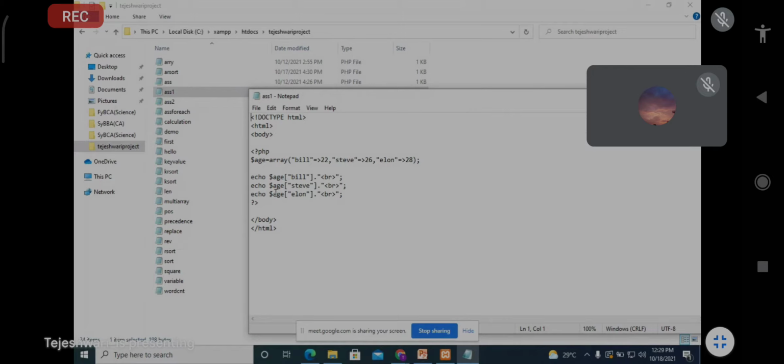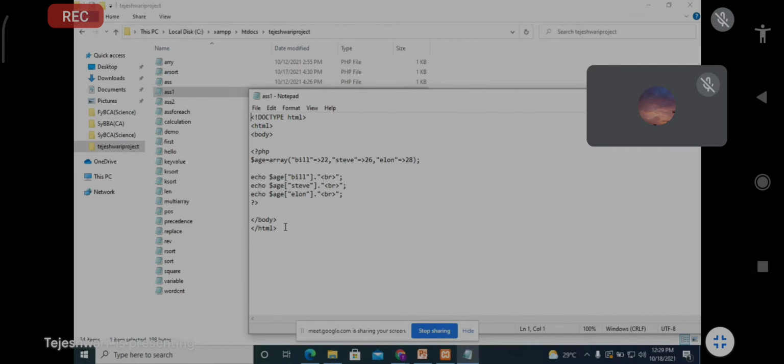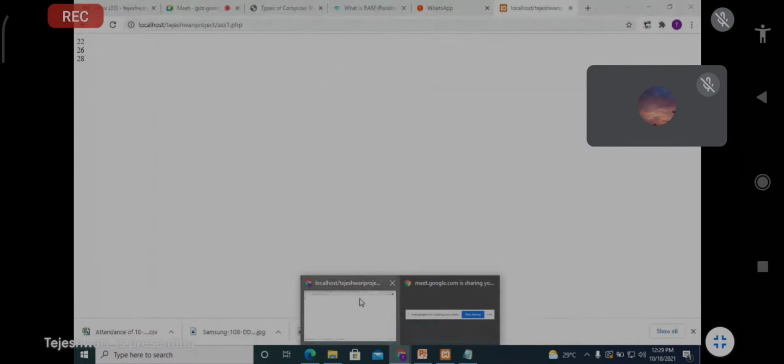Because echo $age of Bill, $age of Steve and $age of Elon, whatever the age of that particular person, Bill's age or Steve's age or Elon's age, whatever, that will be stored in this particular $age value and that will be printed in this particular form. Just printed 22, 26 and 28.